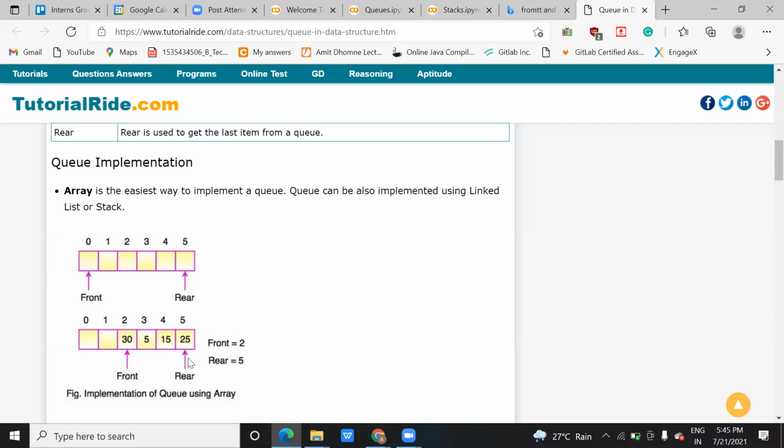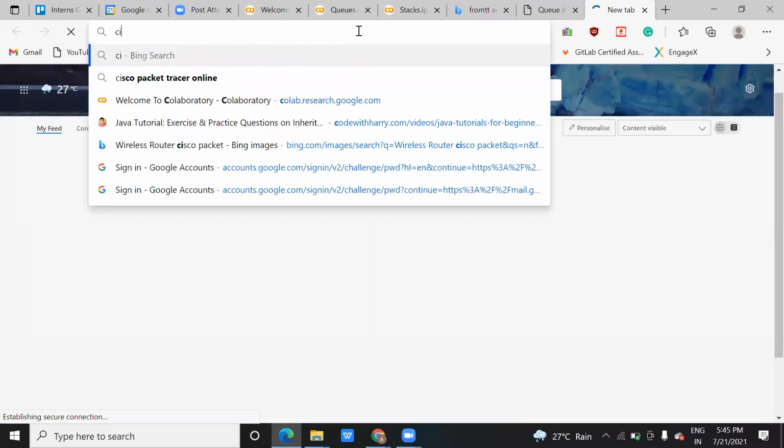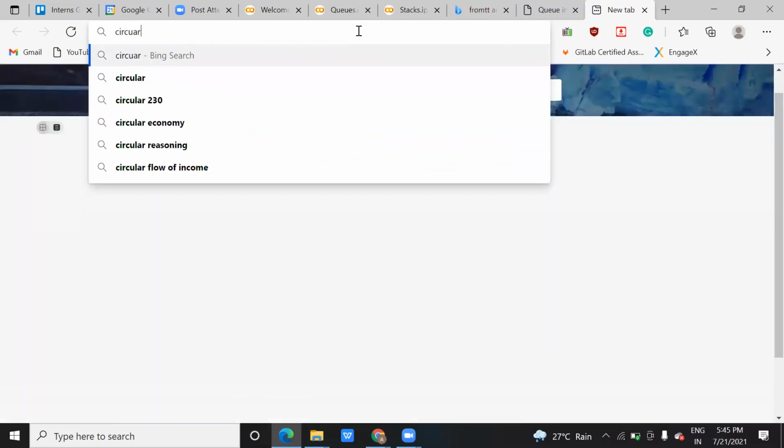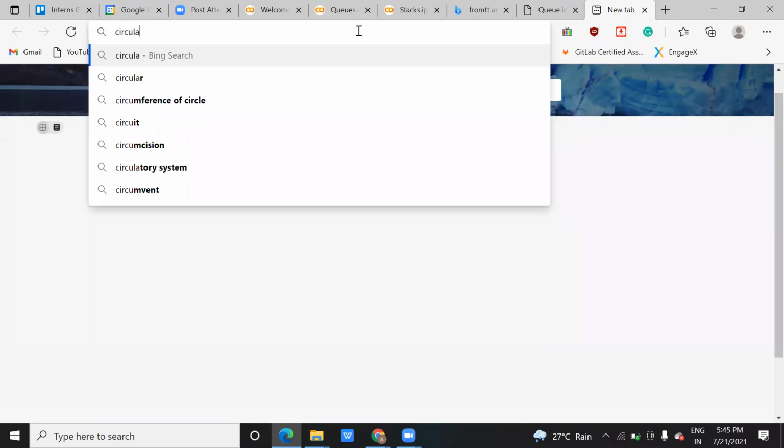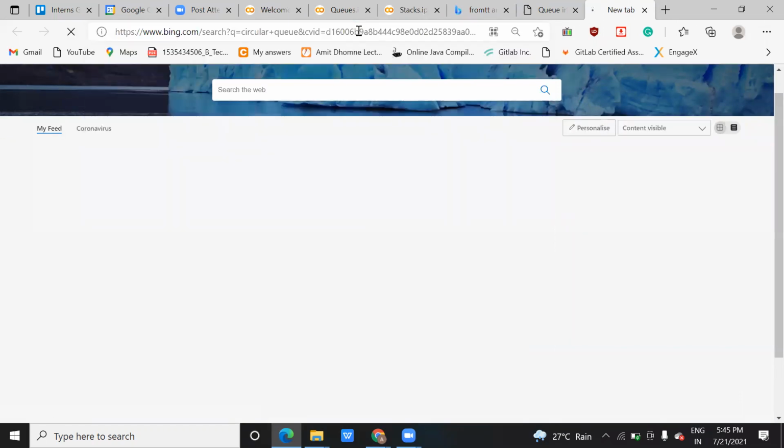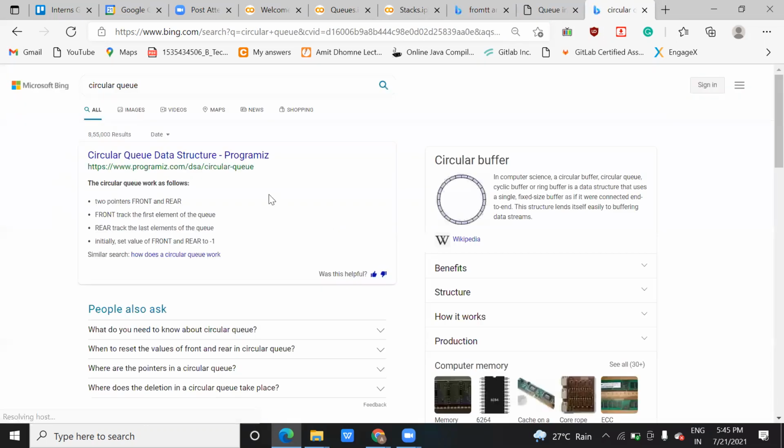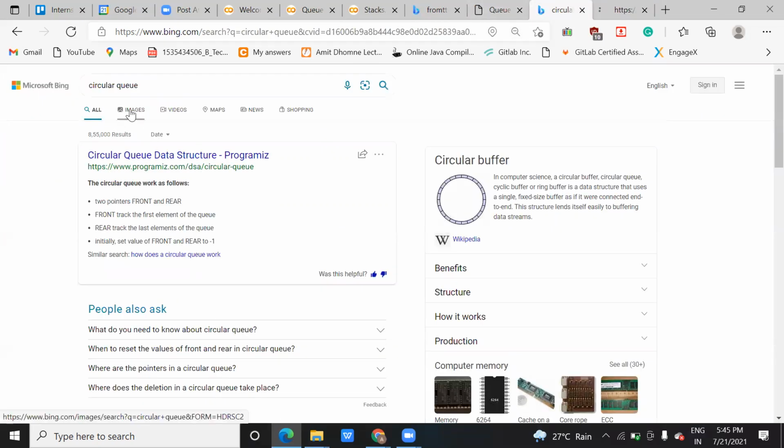And it is not true that front is always pointing to the first element if it is a circular queue. Do you know about circular queue? No. Circular queue means it is managed in a circular fashion. I need to show the image, that's what I'm saying.